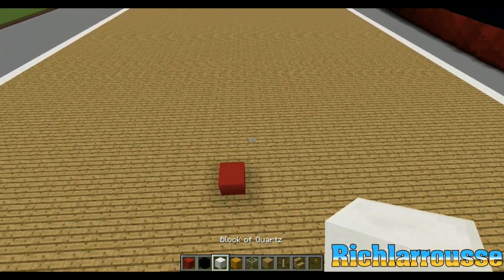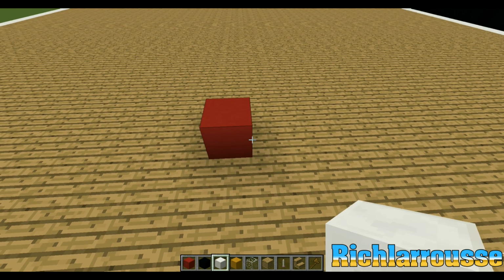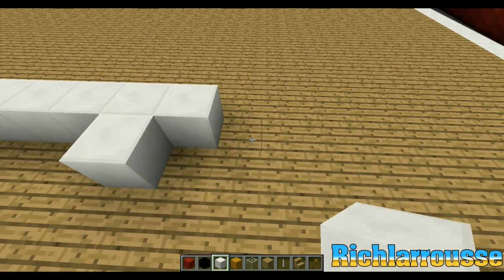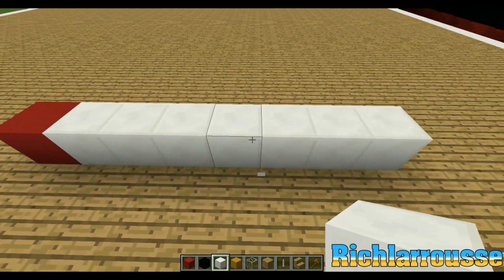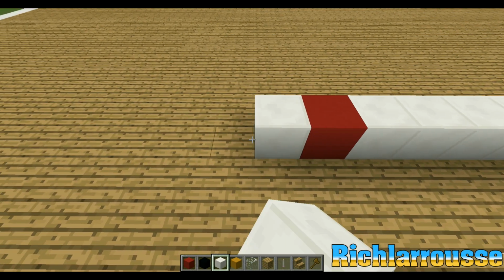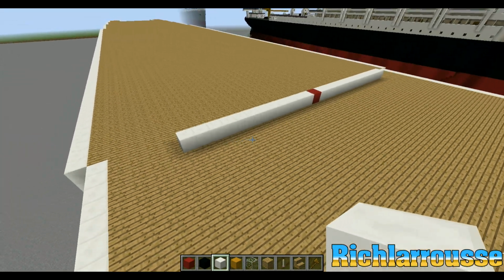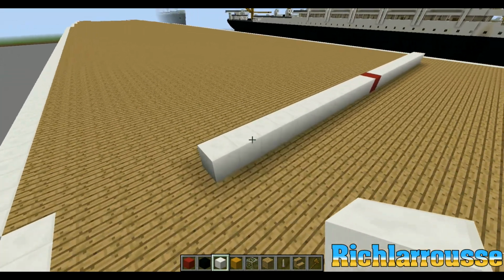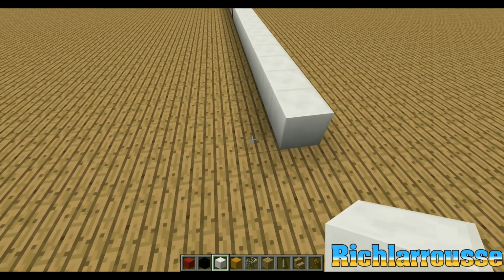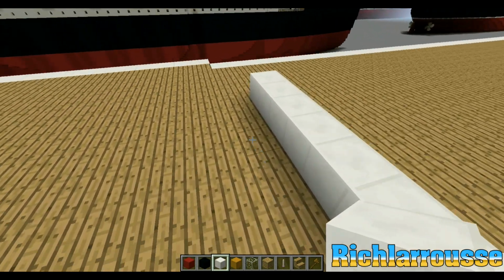And then for this front wall here, we're going to build this one 25 wide, so that is 12 either side. So 1, 2, 3, 4, 5, 6, 7, 8, 9, 10, 11, 12 that way, and 1, 2, 3, 4, 5, 6, 7, 8, 9, 10, 11, 12 that way. So there we are, 25 wide. And then the sides we want 4, so 1, 2, 3, 4 that way,